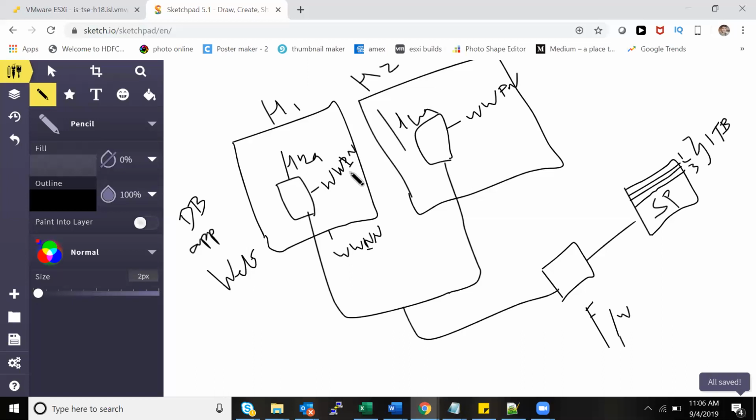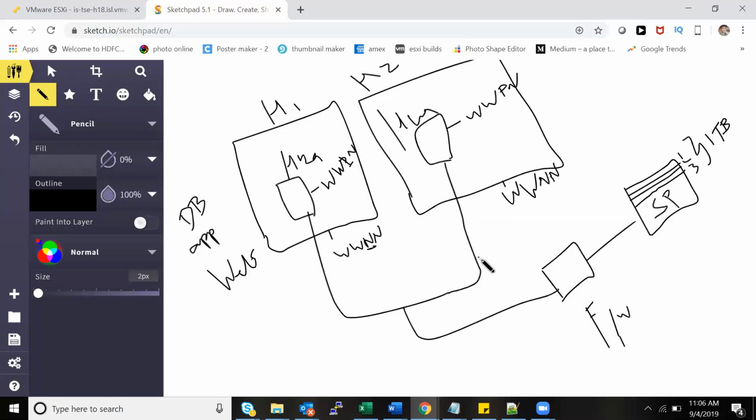Port means each and every slot. If I have 10 HBA cards, I will have 10 port WWPNs. But for the whole host, there will be only one node, so that is WWNN. Any host will have only one WWNN, and however many ports I have will be the port numbers. When I say port, I mean HBA.